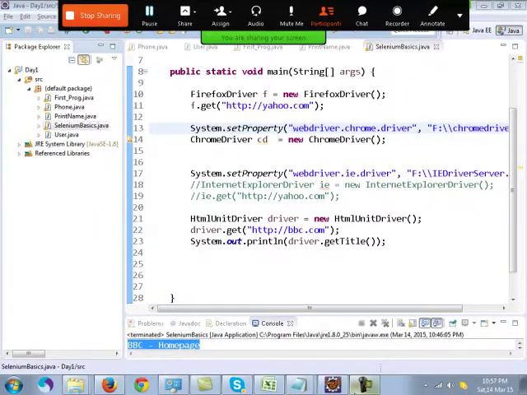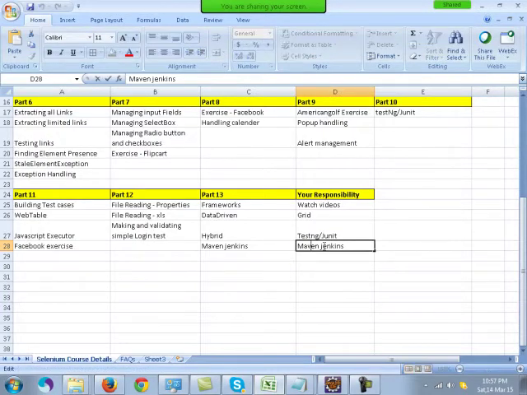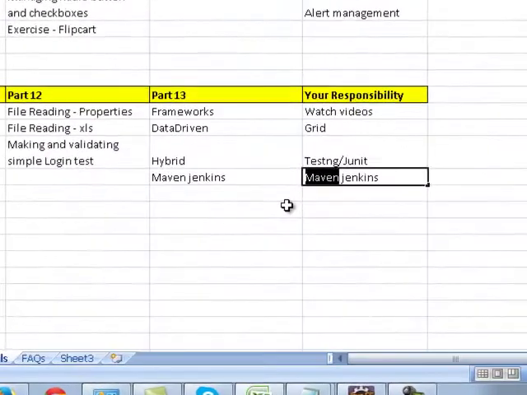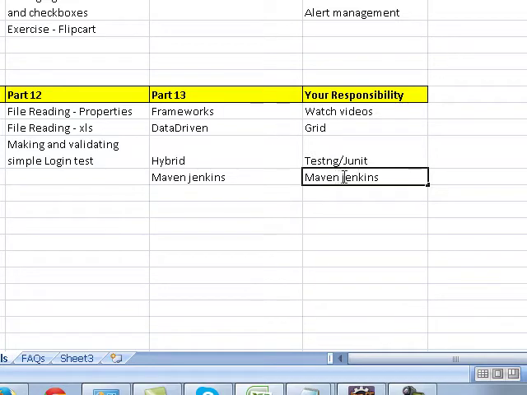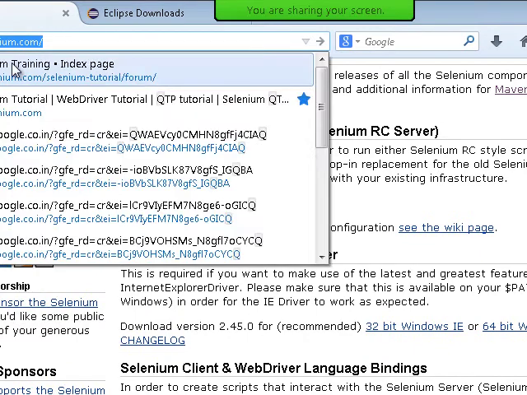To make sure of that, a tool like Maven is used for versioning. And when all 10 team members are working on the same project, uploading and downloading files from the server, there should not be any error, so a tool like Jenkins is used. I'll talk about that in the pre-recorded sessions on my website.